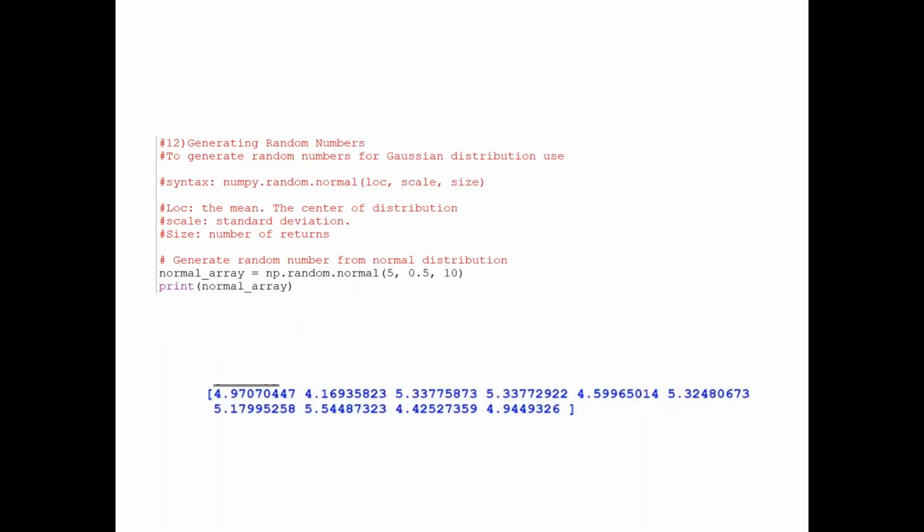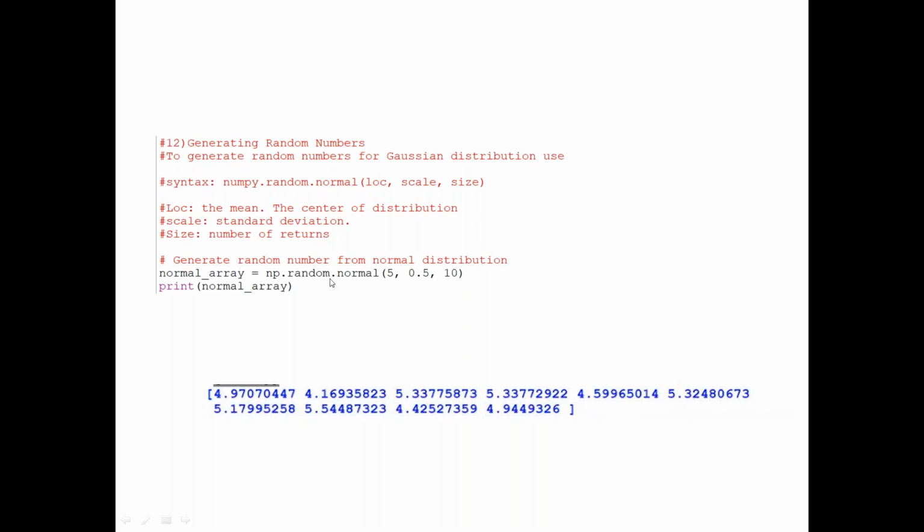I want to generate random numbers for my distribution purpose. Maybe I'm doing some kind of hypothesis. So in those scenarios, to create random numbers, numpy.random.normal with loc, scale and size. Loc is nothing but generally we take the mean, the number from where you want. The scale is nothing but the deviation, and size is how many numbers you want to be generated. So loc is nothing but the mean, the center of the distribution. Scale is nothing but standard deviation. Size is nothing but the number of observations you want. Observations are nothing but the number of numbers.